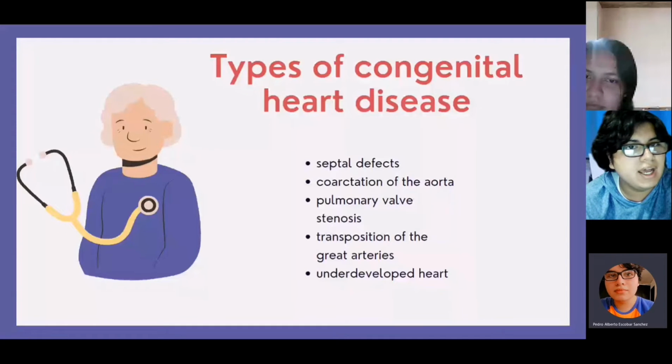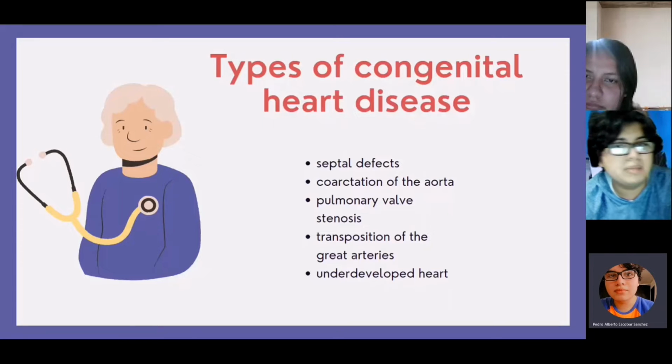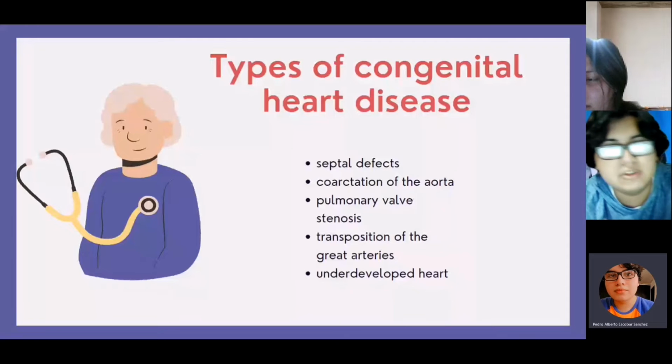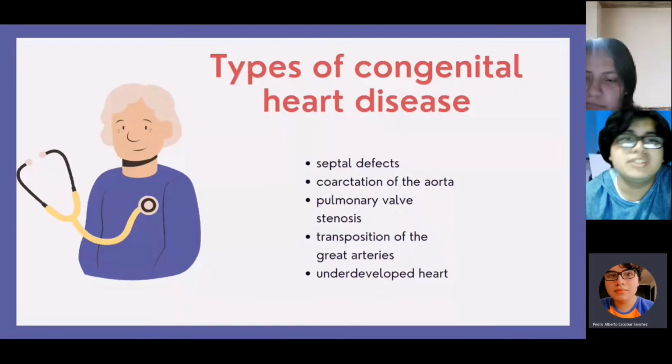There are others, such as pulmonary valve stenosis, which is a defect where the pulmonary valve, which controls the flow of blood out of the right heart pumping chamber, the right ventricle, to the lungs, is narrower than normal. This means the right heart pump has to work harder to push blood through the narrow valve to get to the lungs. The septal defects is where there's an abnormality in the wall, or the septum, between the main chambers